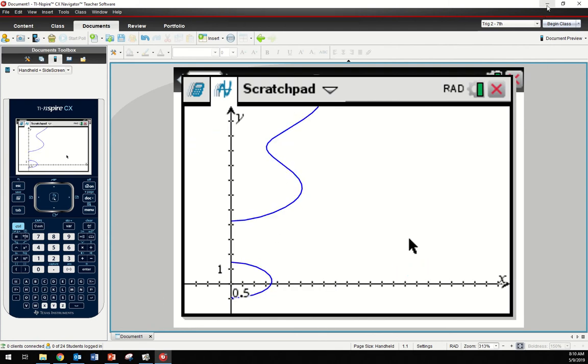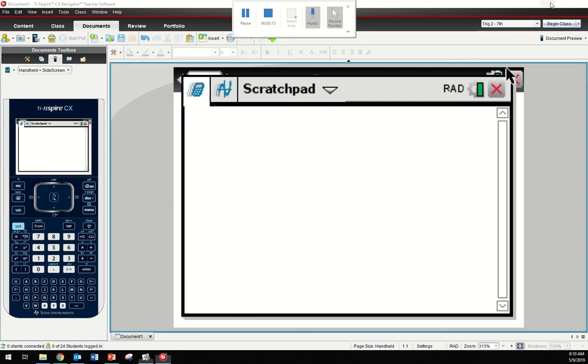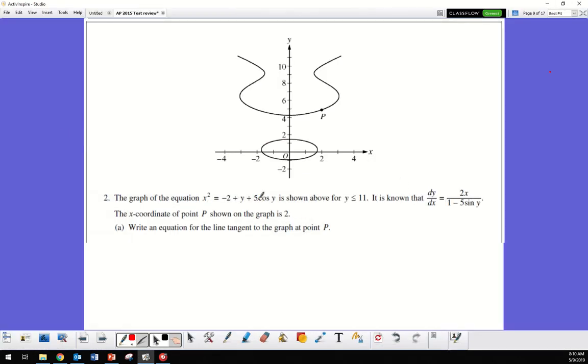So I'm going to go through and find a couple things. So I have this in here, right? I'm going to go back to my scratch pad. And it says the graph of the equation is shown for y is less than or equal to 11. It is known that dy dx is equal to 2x over 1 minus 5 sine y. The x coordinate of point P shown in the graph is 2. Write an equation for the tangent line to the graph at point P. First, I need to know what the y value is. So if my x value is 2, I'm going to figure out the y value. So this is going to be 2, comma,